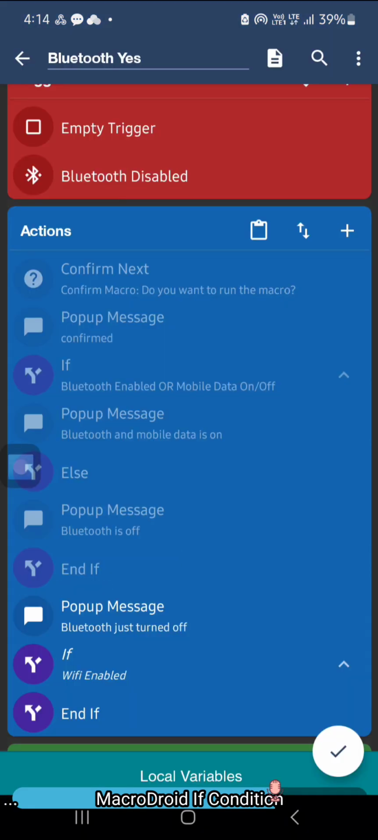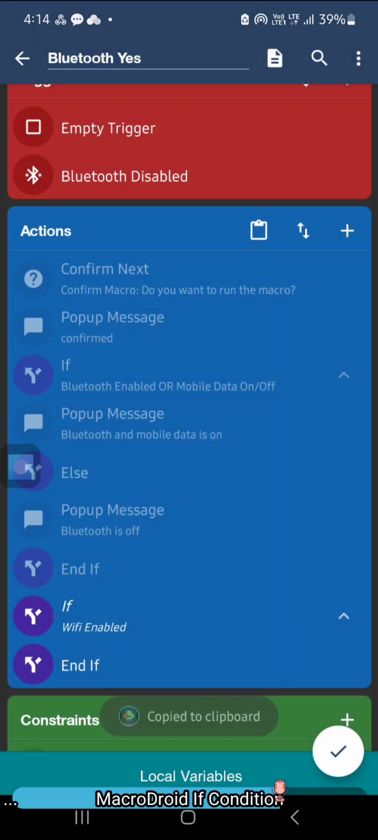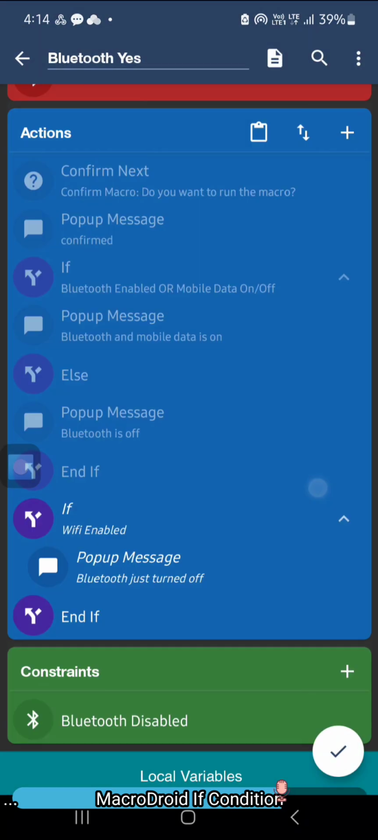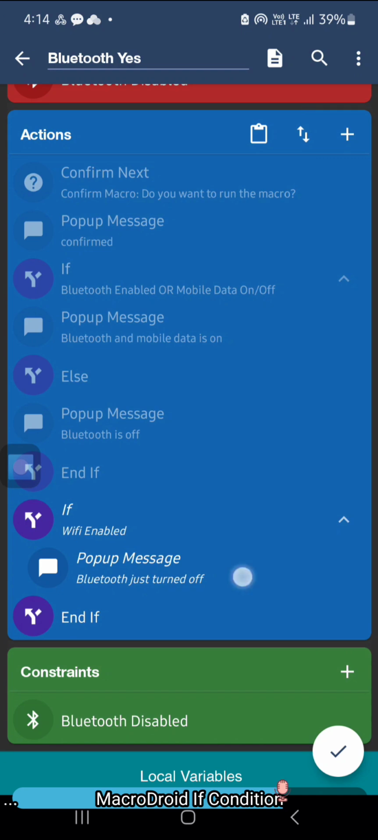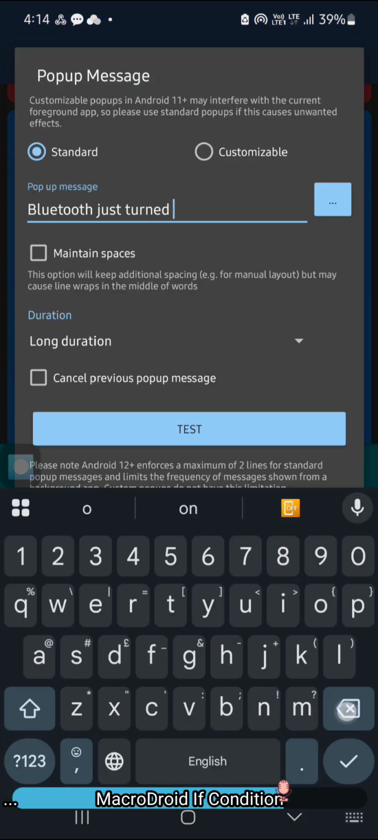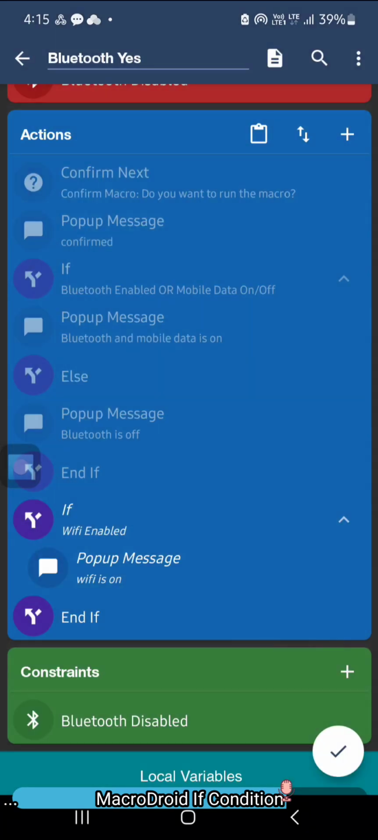An if condition is now added in the action. Insert the if condition, cut this pop-up message and paste it inside the if condition. Okay, and configure this pop-up message and type the message Wi-Fi is on and click OK. You can add else if by clicking the if condition,